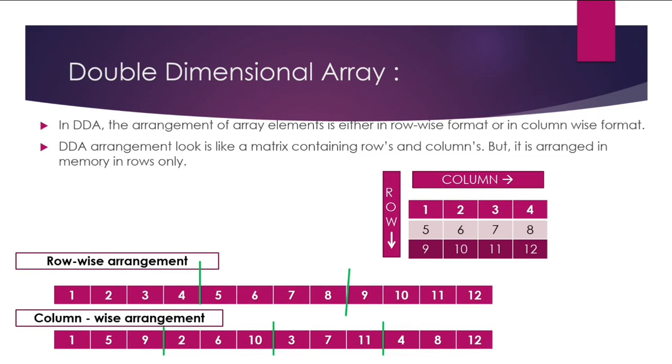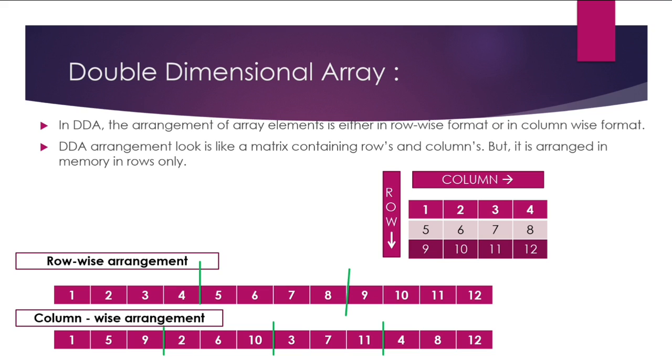See, if I'm talking about a double dimensional array, then for us, a double dimensional array is a combination of rows and columns, and it looks like a matrix for us. See the right hand side diagram I created. For us, a double dimensional array looks like this. It's a combination of rows and columns. Presently I have created a 3 cross 4 matrix, but